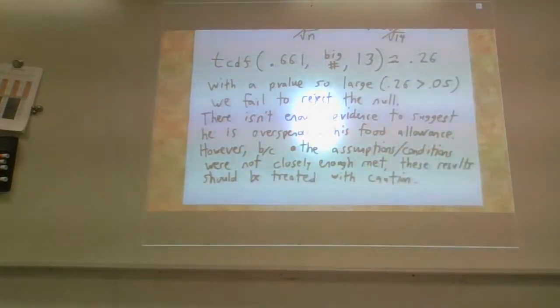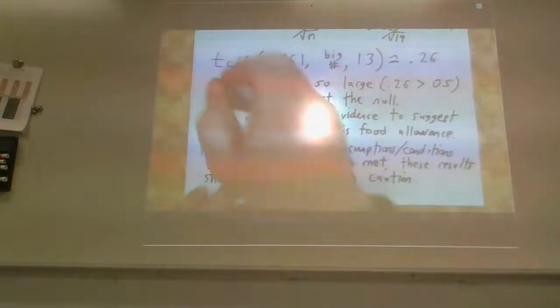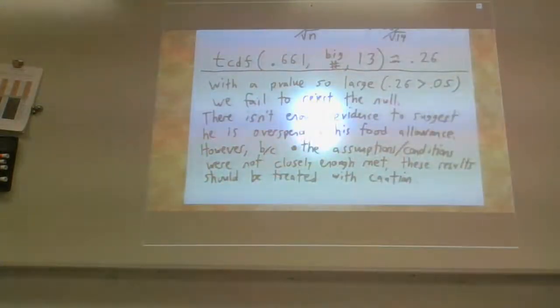You're leaving yourself an out. You're leaving yourself wiggle room in case you are completely wrong. Because then if somebody comes to you in real life and says, hey, you told me I wasn't overspending my budget, I can say, hey, did you actually read my full conclusion? Because I gave myself an out at the end. Your assumptions and conditions were not met. So the data that you gave me may not have been acceptable enough to perform the t-test, but I went ahead and performed it anyway because you threatened me. I'm assuming that's what happened. I don't know how college works. Not that I've ever been there. But yeah, this would be an appropriate conclusion for this problem.